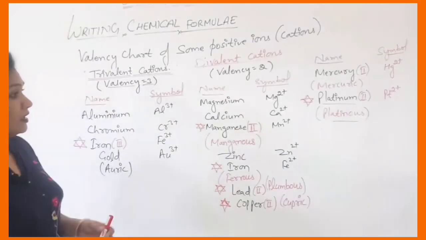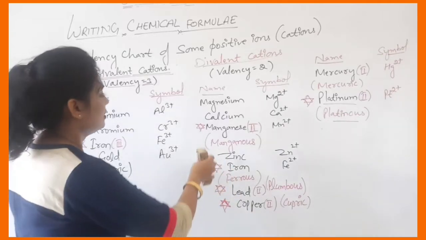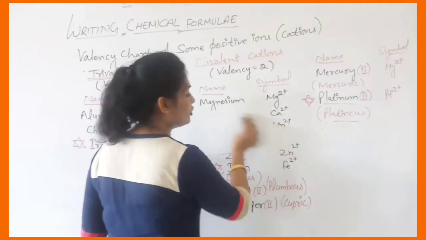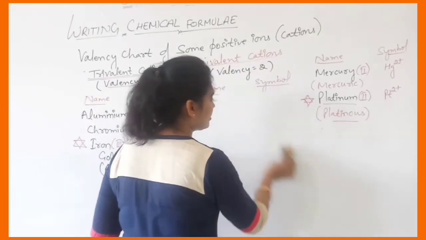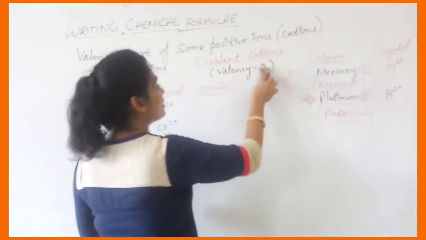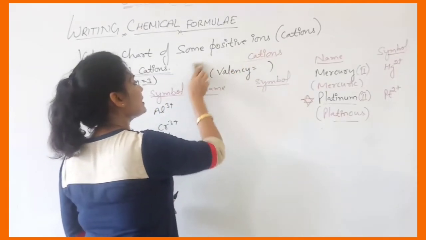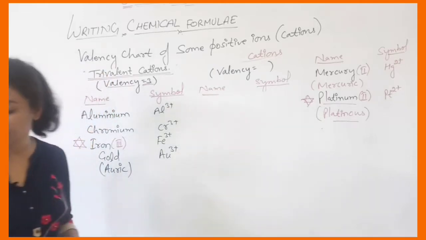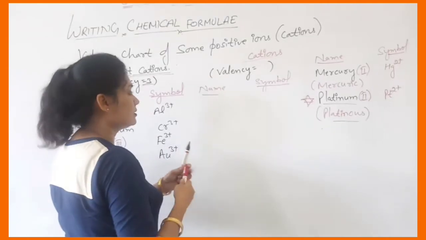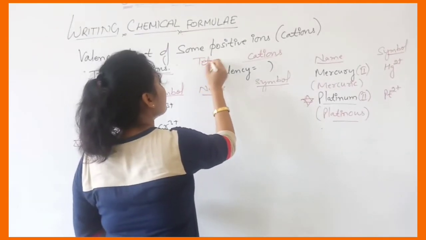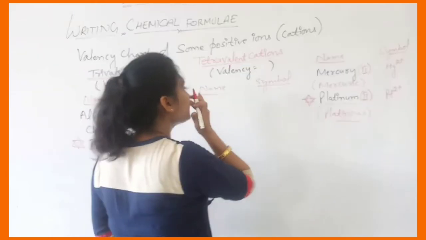Okay. Now we can take the tetravalent cations, and if you have not written, please pause the video and write all the examples written by me. Okay, and learn these examples also. Now the valency is 4. We can take the next cations whose valency is 4. These cations are known as tetravalent cations. So, you can write here tetravalent. Tetra means 4. Okay. So, tetravalent cations.